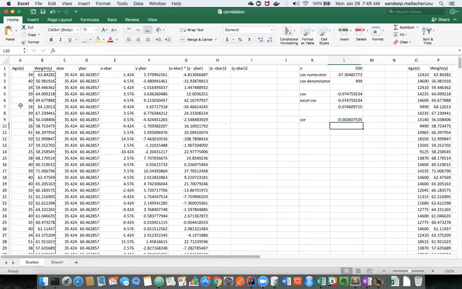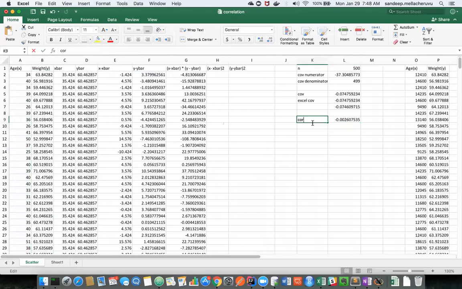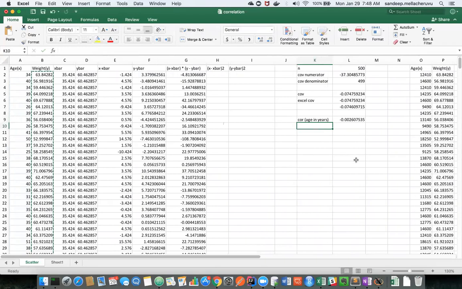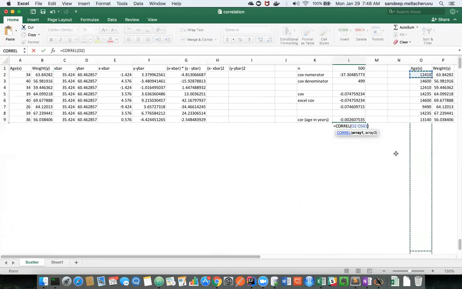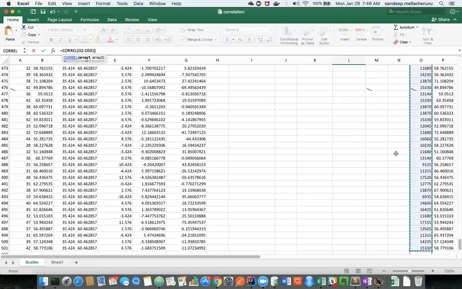I took the age in years here. Let me keep that. Age in years. Let's try the other one also. In this case, it is age in days, I think. Correlation of the first variable, comma,